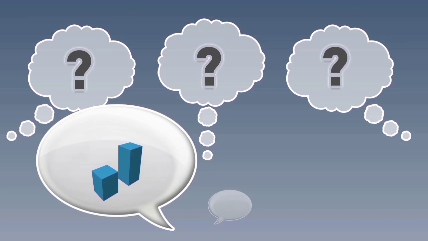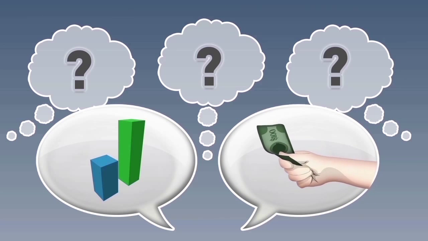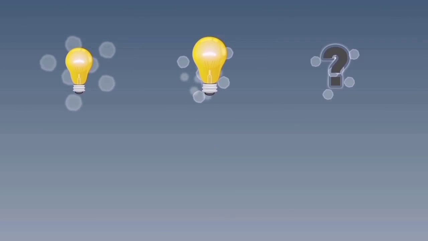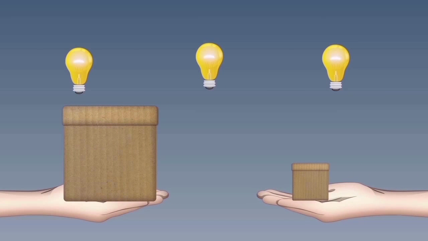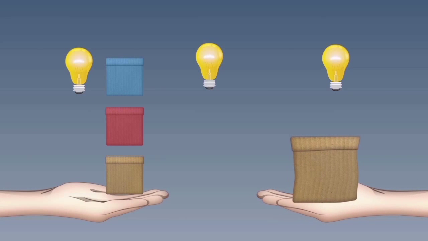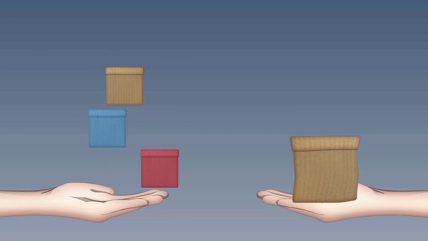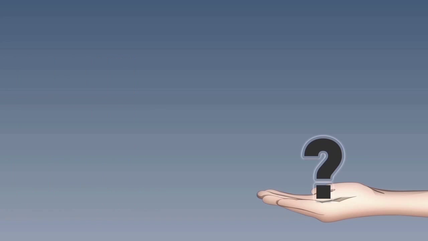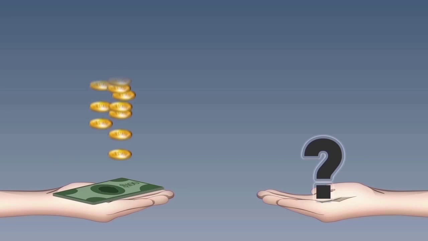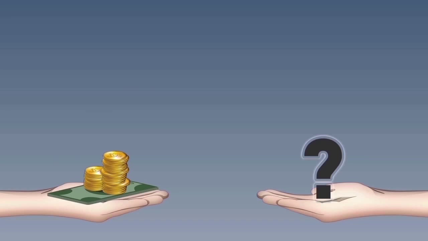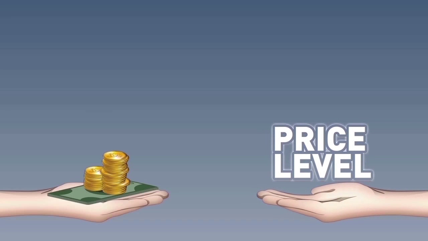All questions about priorities and public spending are relative. In order to answer any question about whether something is big or small, or whether it is being treated more or less as a priority, we have to be able to compare it to something. And when we are talking about money, one important thing to which we should compare spending is the price level.